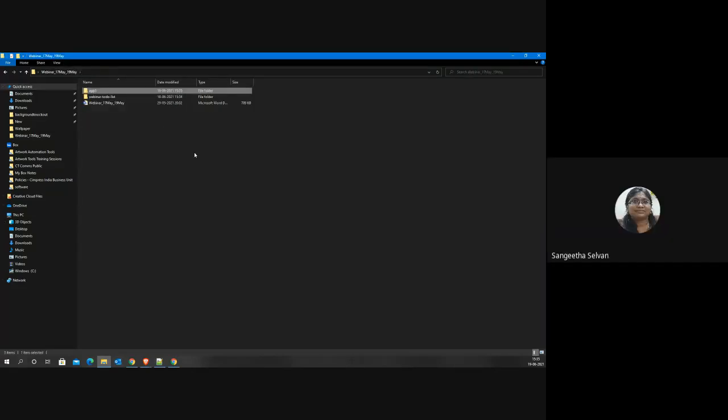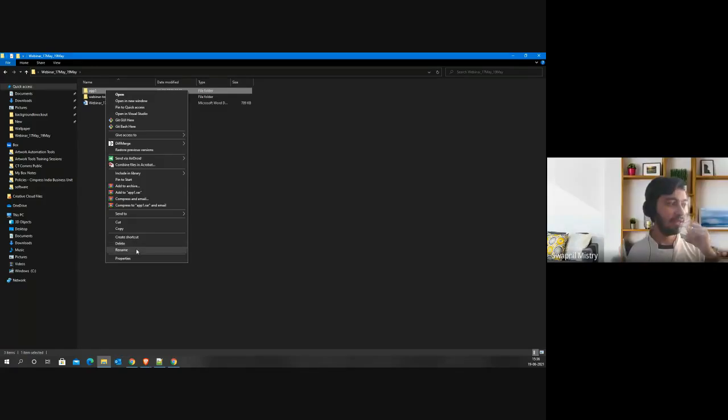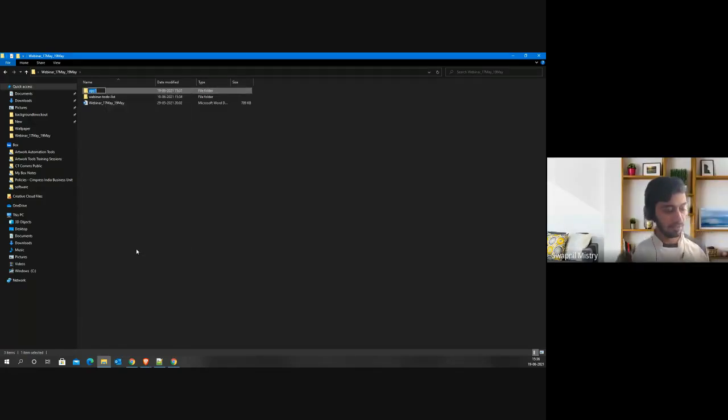During installation, it's asking: use Git from Git Bash only, or Git from the command line, or use Git and optional Unix tools from the command prompt. You can select the third one. And it is asking to enable experimental support, no, don't enable it. You can disable it.